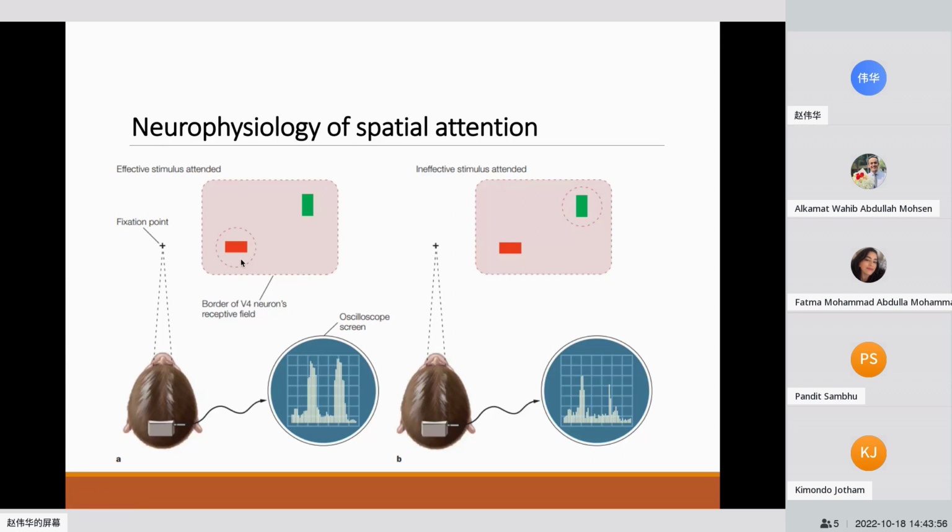And the areas circled by dashed line here indicate the attended locations for each trial. A red bar is an effective or preferred stimulus, as I mentioned, and a green bar is an ineffective or non-preferred sensory stimulus for this monkey. And when the red stimuli